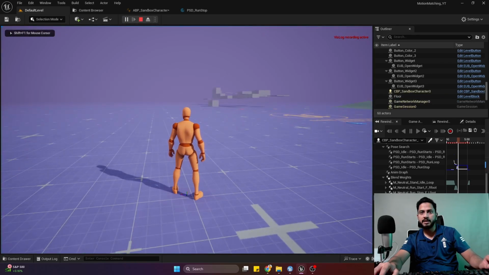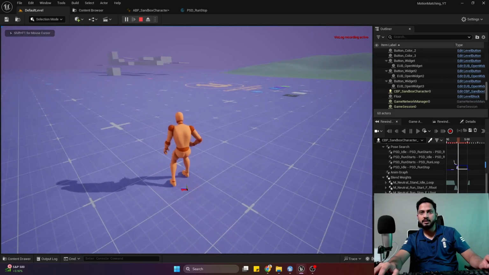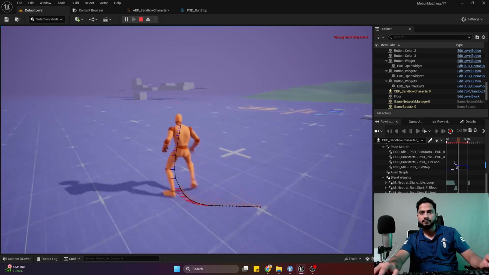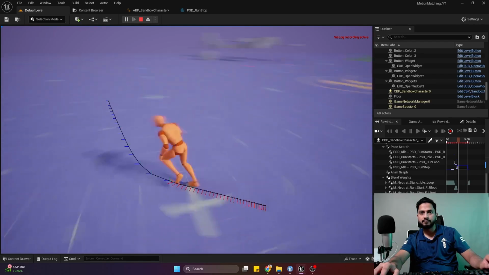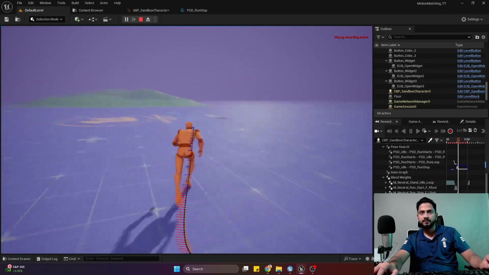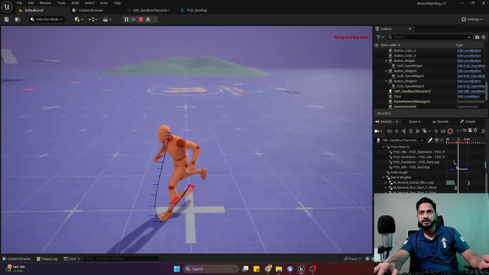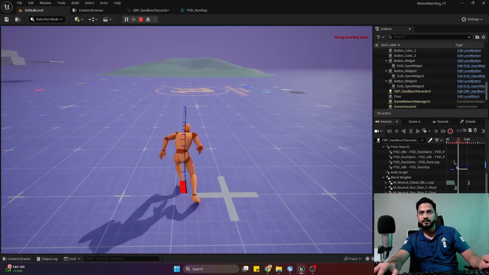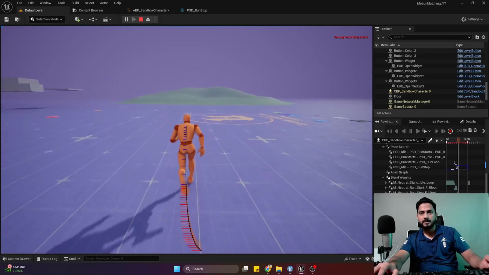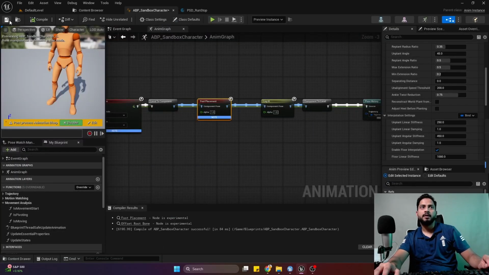Currently you can see sometimes when I play, the feet are not properly coming back to their original position. And here you can also see that we are not pivoting properly. Our character just switches between multiple animations and does not properly play the pivot animations. So the first thing I will do is,